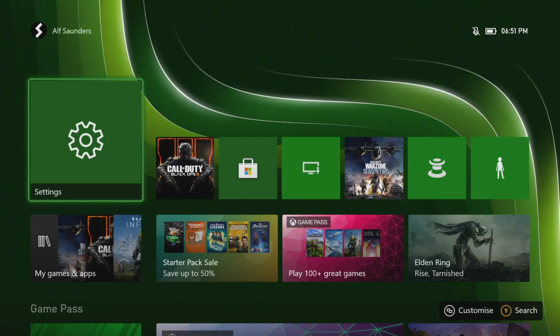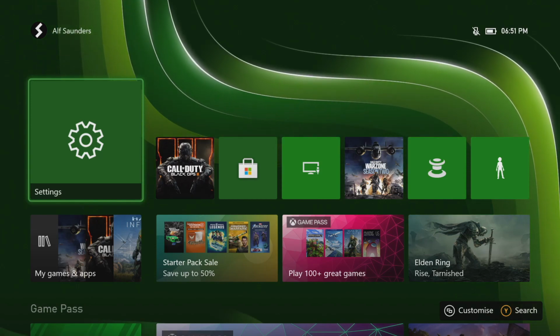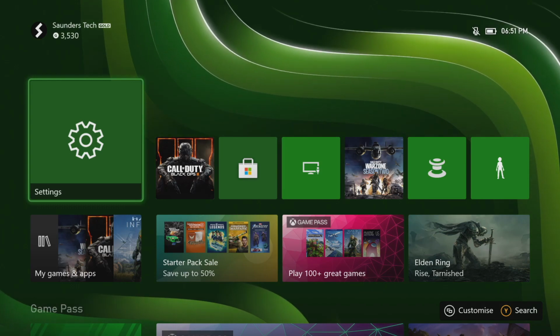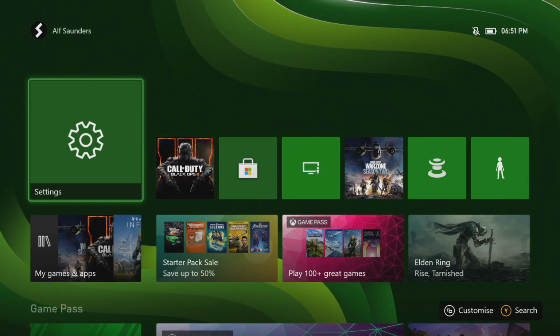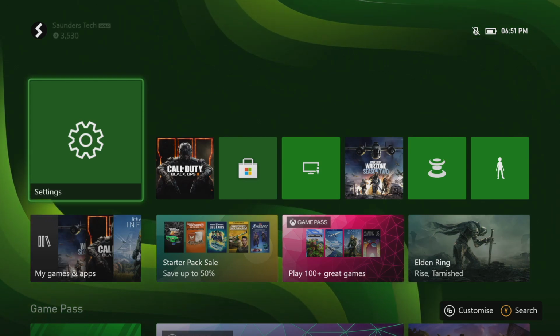So at the end of the day, these game developers have to optimize their games for the Series S, and some of them decide they'll make the game for the Series X, lower the resolution, and call it a day. So we have to kind of pick up from their slack,